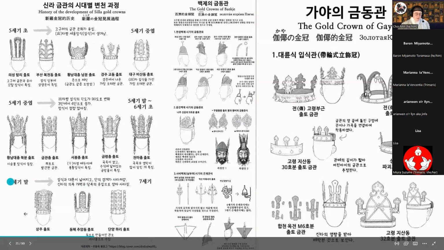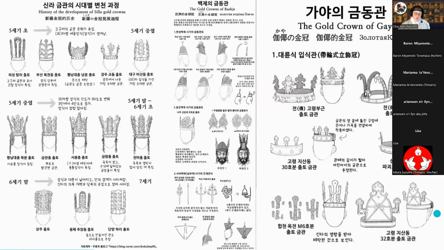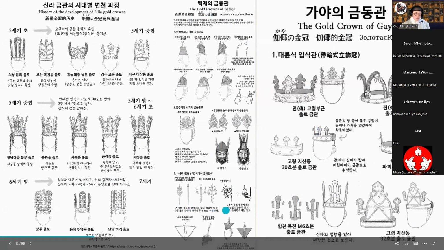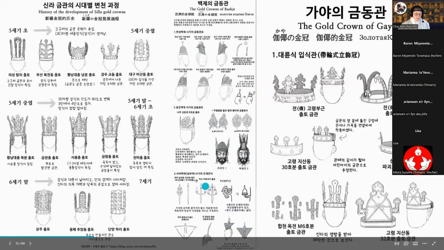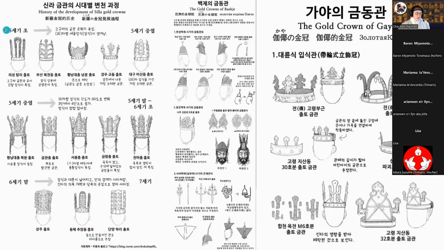So here we go. Someone put together this infographic of how the crowns looked. So Gaya, you can see crowns were a lot shorter. Here's Baekje's crowns. They look more like hats, like the early hats that made it to Japan. When you see Baekje ornamental pieces in museums, there are often paired gold decorations, and they're showing here that they were tucked into the sides of the hats they were wearing.